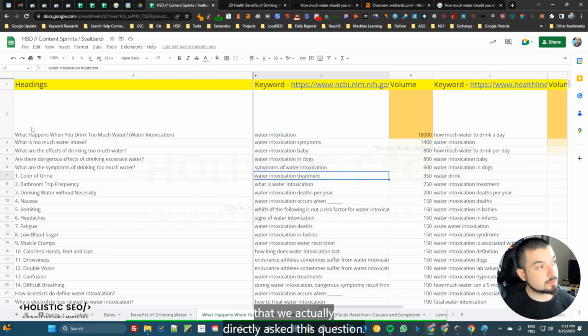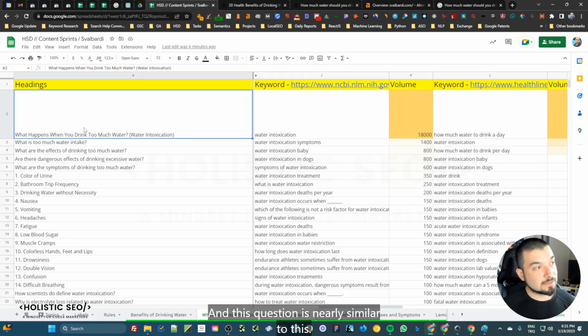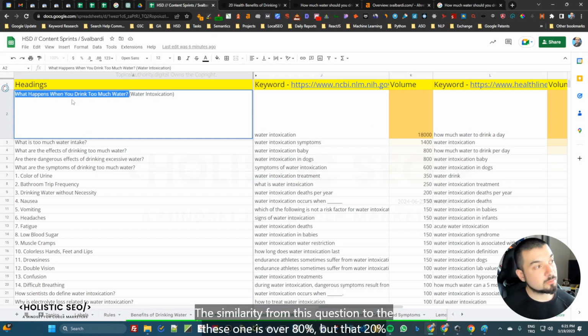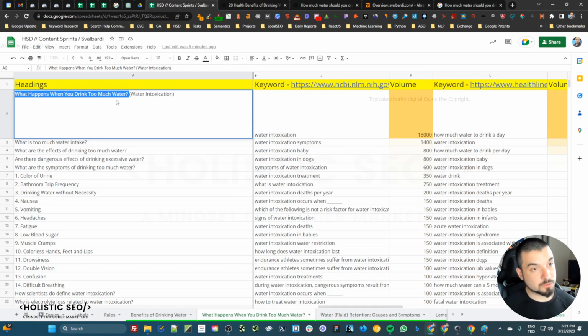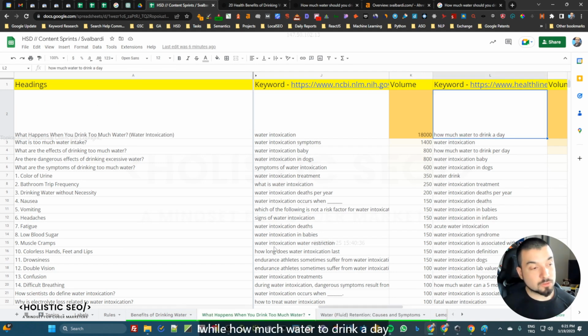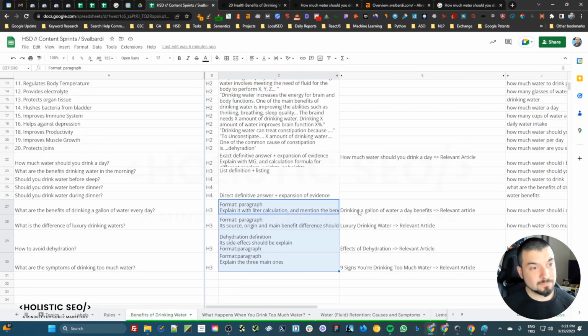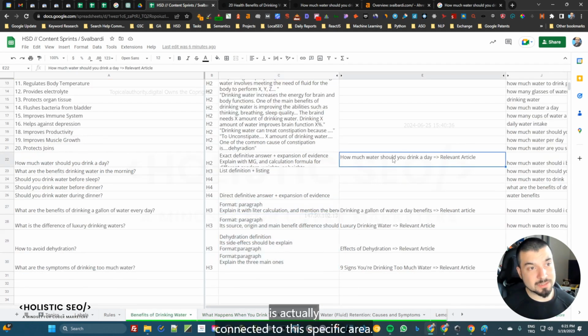Then we directly ask this question, and this question is nearly similar to this. The similarity from this question to this one is over 80%, but that 20% difference directly creates a contextual differentiation, and that's why we always focus on too much drinking water. While how much water to drink a day is connected to this specific area.